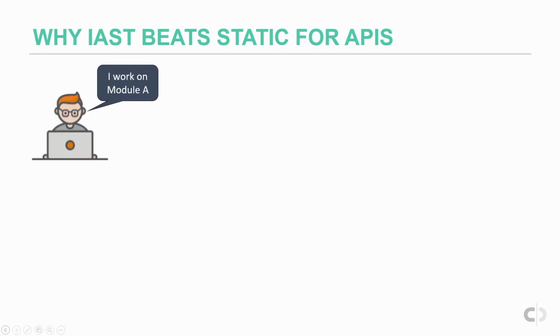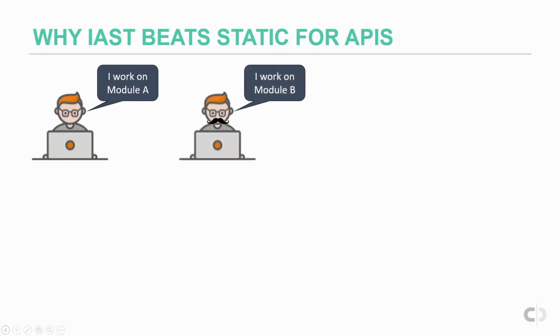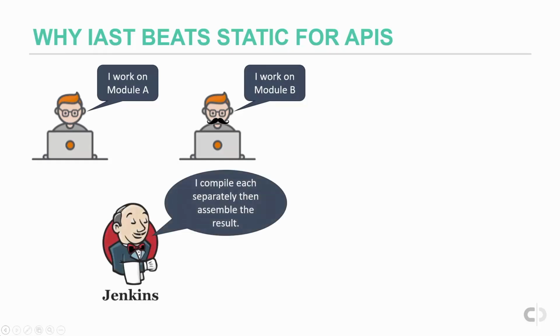So a member of one application development team says, I work on module A, and another developer who you can tell is on a different team because they have a mustache this time, they work on module B. Well, the way that these work with continuous integration systems is the continuous integration system will look individually at each